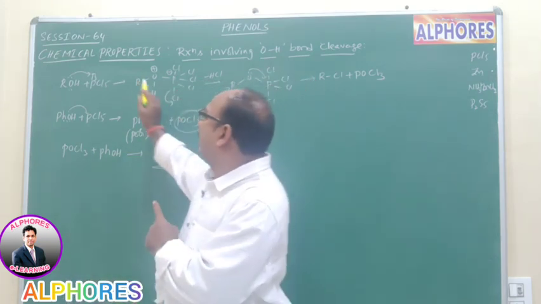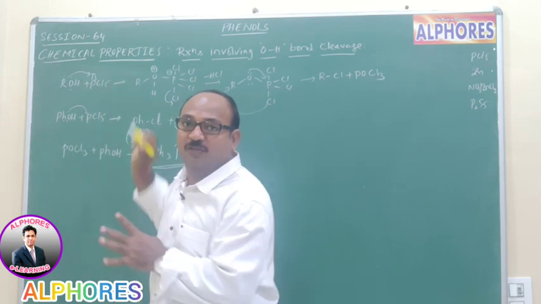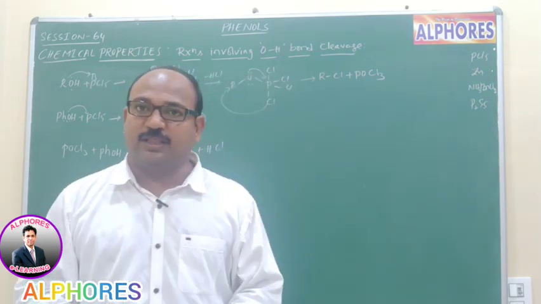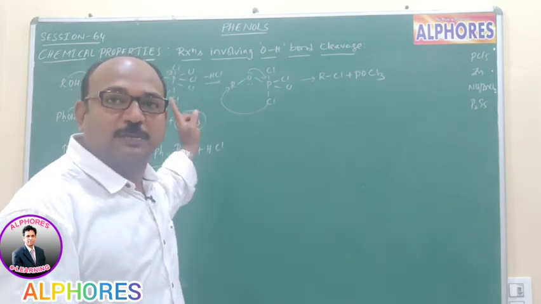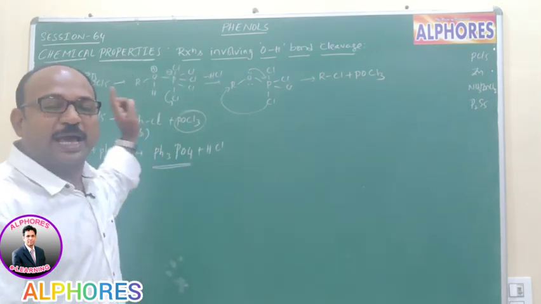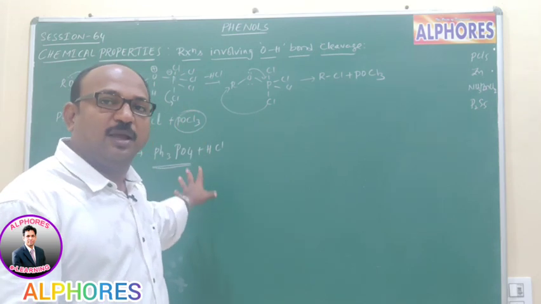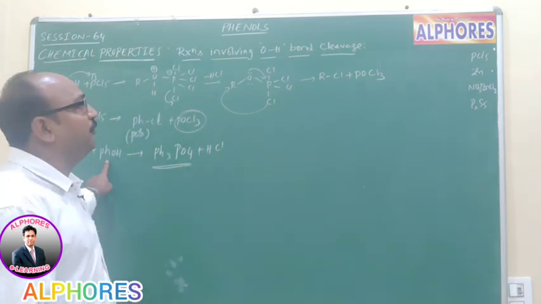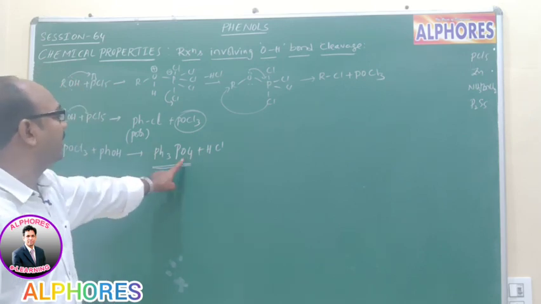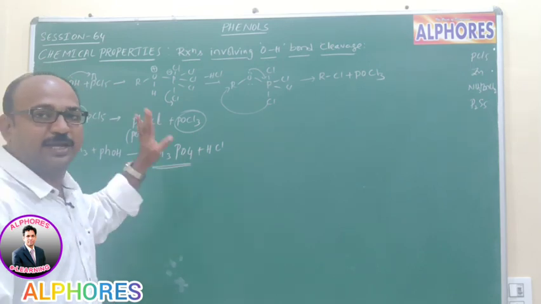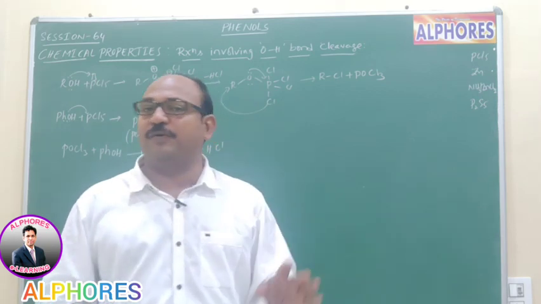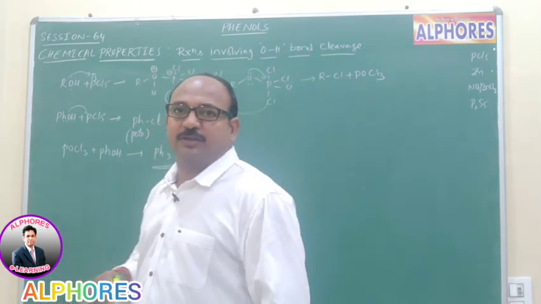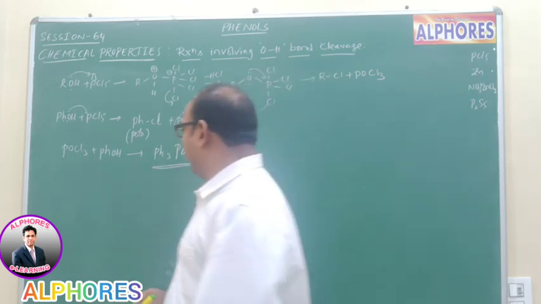So let us recall once again. Alcohols upon reaction with PCl5 give alkyl halides along with POCl3. But in the case of phenol, we are getting chlorobenzene in poor yield, because the formed POCl3 further reacts with excess phenol and gives triphenyl phosphate. Next, phenols upon reduction with zinc dust and heat.